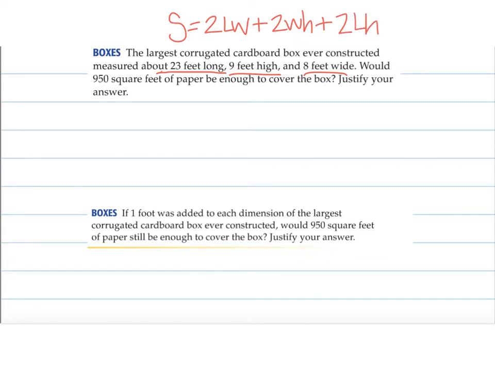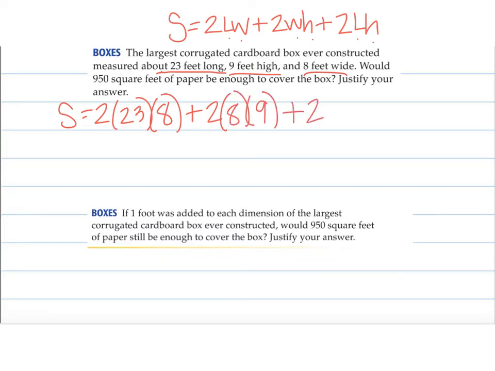So notice I have length in here twice, width in here twice, height in here twice. So as long as they're all being paired up, multiplied by each other, times 2, then we're good. We got all the sides. So let's fill this in with what we know. So 2 times, my length is 23, and I'm going to use parentheses, which means multiplication, times 8, which is my width, plus 2 times 8 times 9, plus 2 times 23